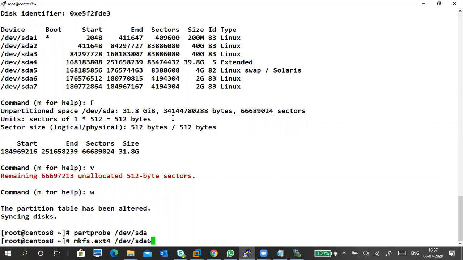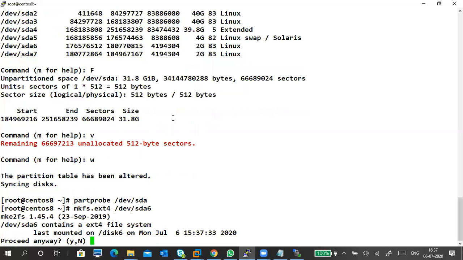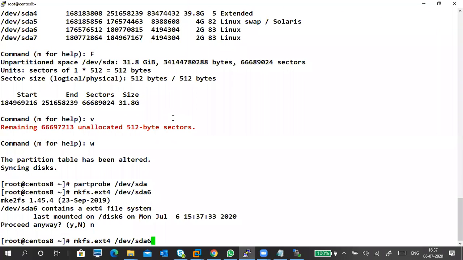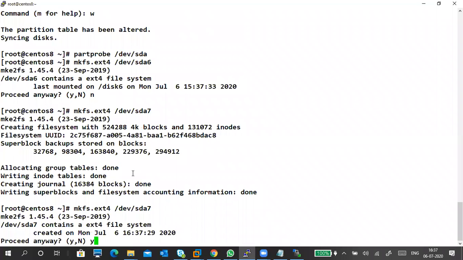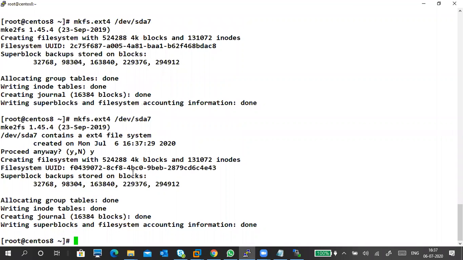I'm creating a Linux file system: ext3, ext4, xfs are Linux file systems. Don't forget. Now it is showing a mistake. 7, right? Ours is 7. So you can see the 7 from here. Now the file system is created. If you want to create it again, you can, but one time is enough, not required two times. File system is created.